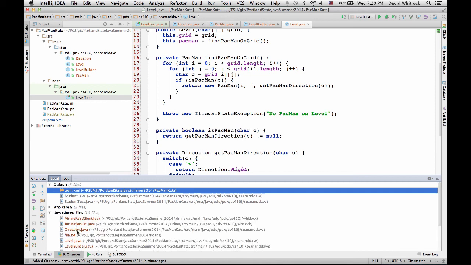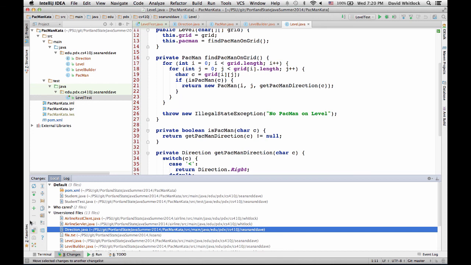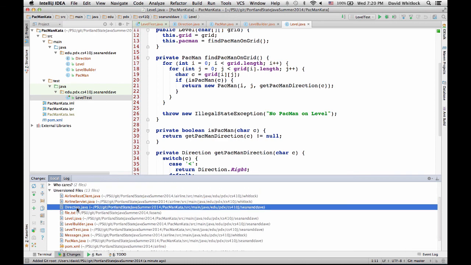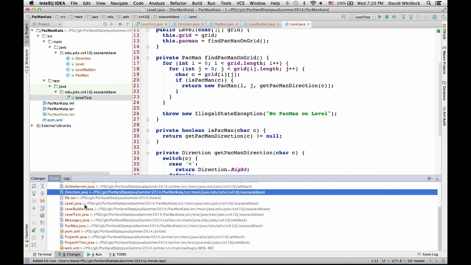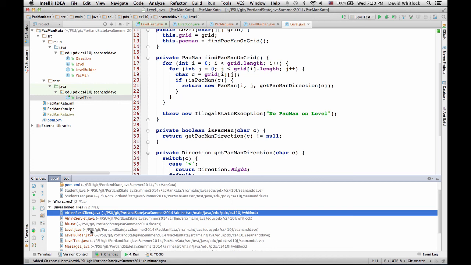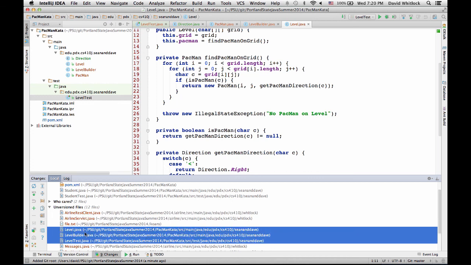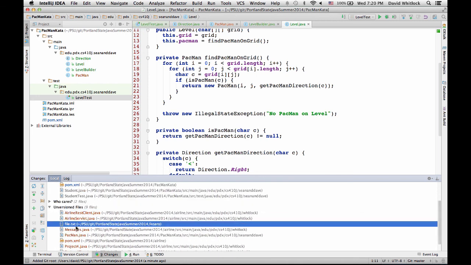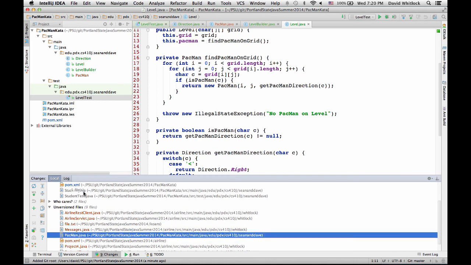We want direction. We want. How about we look at this in one of these? Is it plus? I see the plus on the left. I was thinking there was a way to view this by directory hierarchy, but let's see here. Those guys. Direction. Oops. Move that up here. And level build, like these three. I've got, and then project 4. Okay, oh, Pac-Man. I think that's everybody.